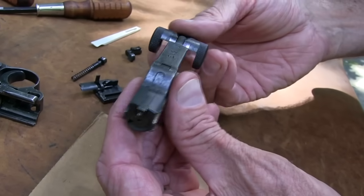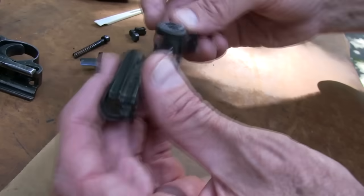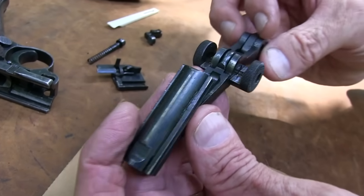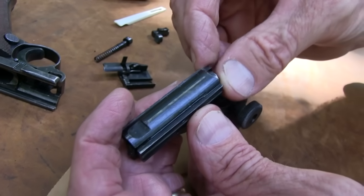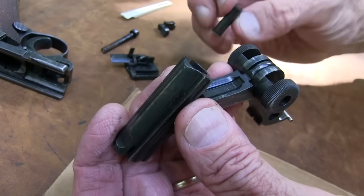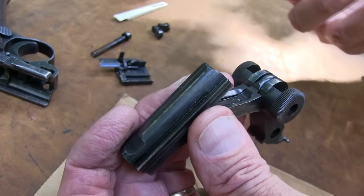I mean, it feels good and sturdy, and it has to be. Definitely has to be, because this thing gets all the pressure. This is what's being knocked back and then recycling very, very quickly. Pretty cool. I read too that because in World War I, that trench warfare, a full auto pistol they decided